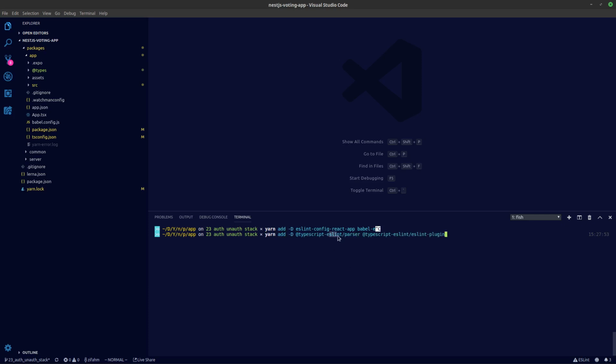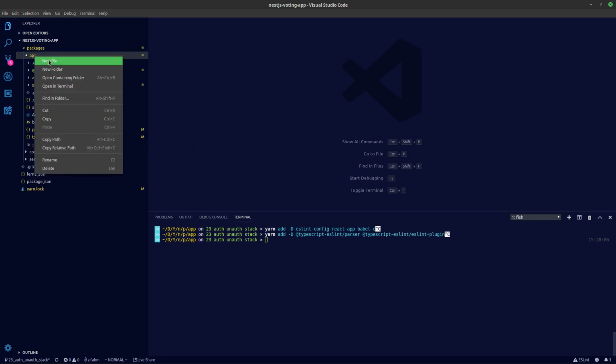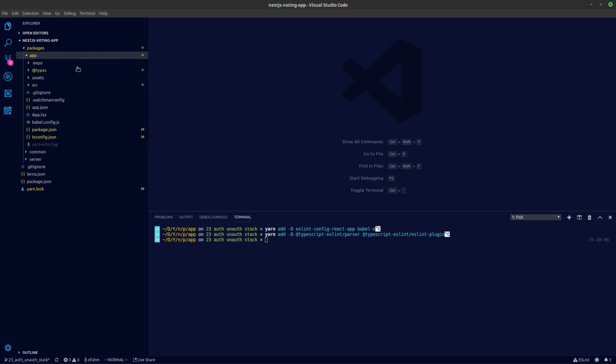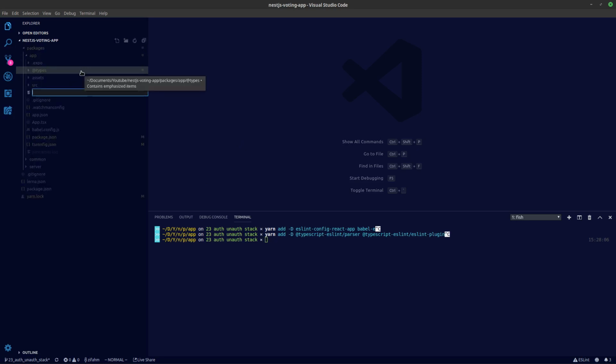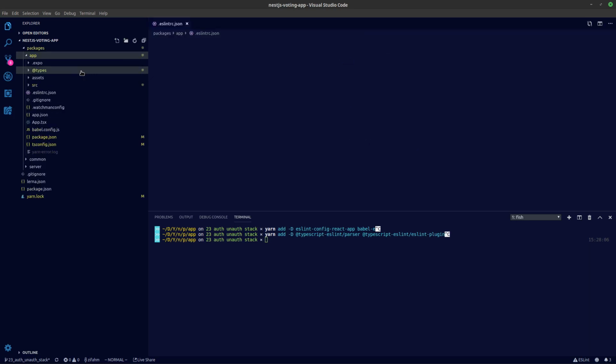typescript ESLint parser and also the ESLint plugin as well. So after you install that, what we need to do is create a file under app in the root tab. We'll say .eslintrc.json, and here we'll be extending the React app that we have installed right now. So React app,